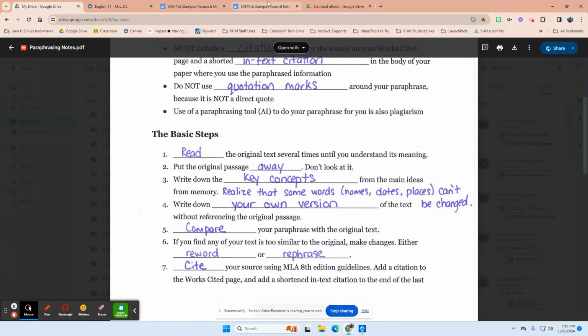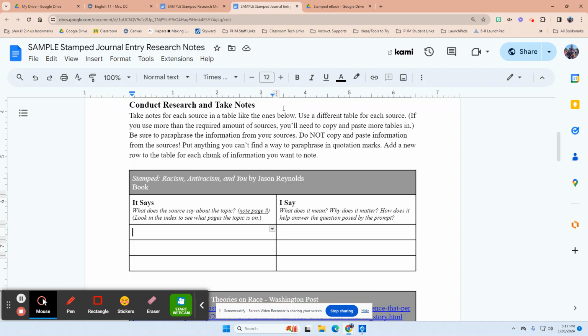Now, since this is a print source, you are going to need to keep track of what pages the information is on because you will need to cite the page numbers with your paraphrased information. So this is coming from page 12, so I'm just going to add that it's coming from page 12. And then one of the tips that we were given when I taught you how to paraphrase,